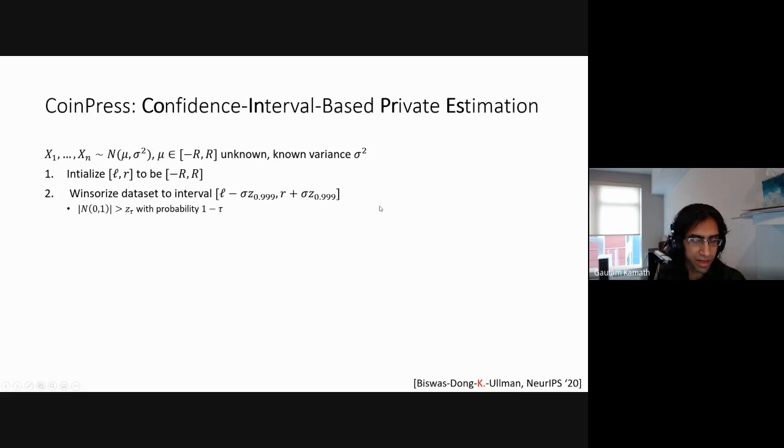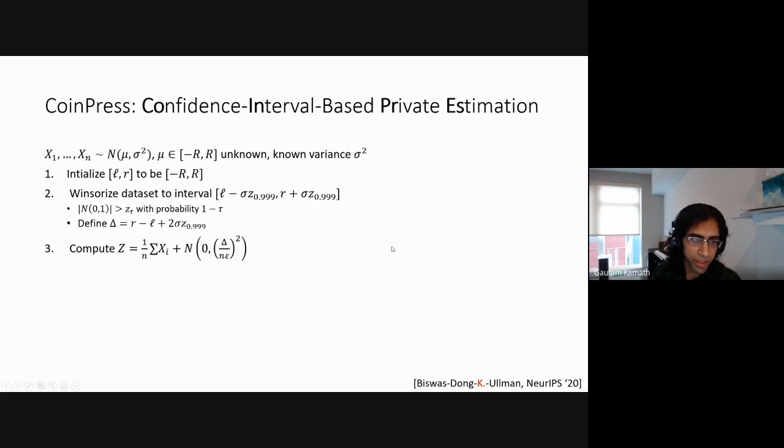Similarly, I said before that we extend these to be plus or minus square root log n. Essentially, you just stretch this interval where the parameter lies so that you'll contain all the data. In the Gaussian case, this won't increase the width of your interval too much. This should still be relatively similar. So ideally, this interval will contain most of the data. Then we find the sensitivity of the statistic to be essentially the difference between these two endpoints, r minus L plus 2 sigma times d of 0.999.